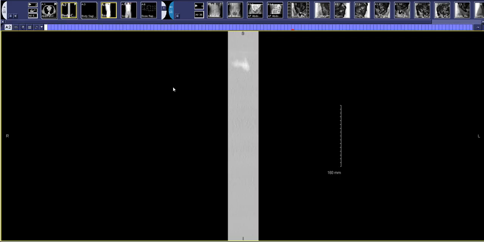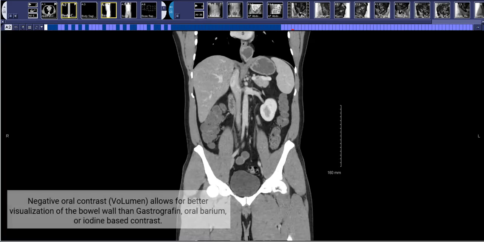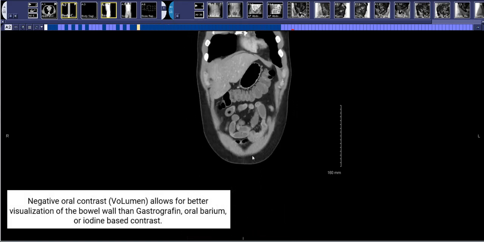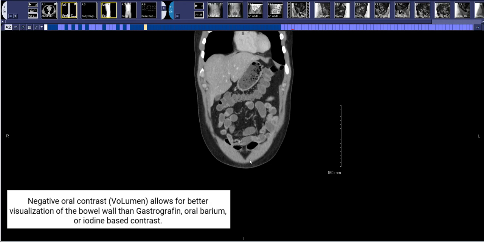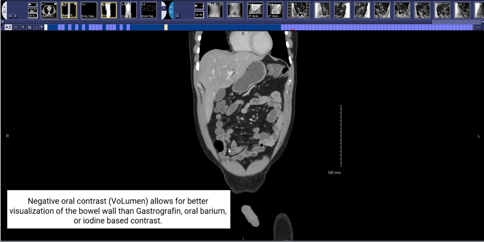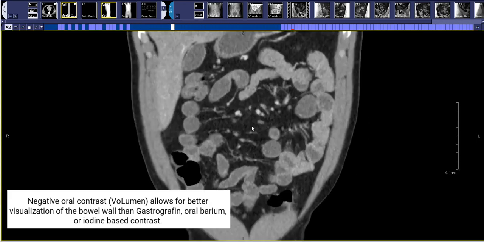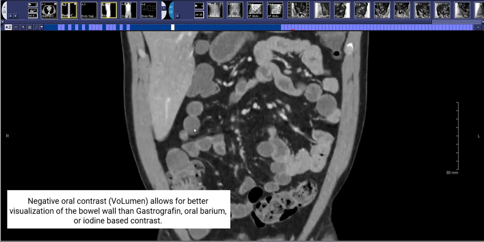So I'm going to bring up a coronal image and show you the bowel. The bowel obviously doesn't have high attenuation barium. We give something called negative oral contrast. In this case, our institution gives Volumen. It allows you to see the bowel wall to much better advantage because the high attenuation oral barium or Gastrografin or iodine-based contrast can cause obscuration of the mucosal surface, kind of limiting your evaluation to diagnose acute inflammatory bowel